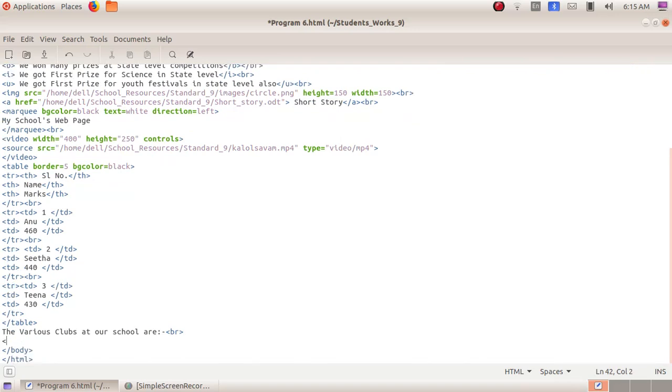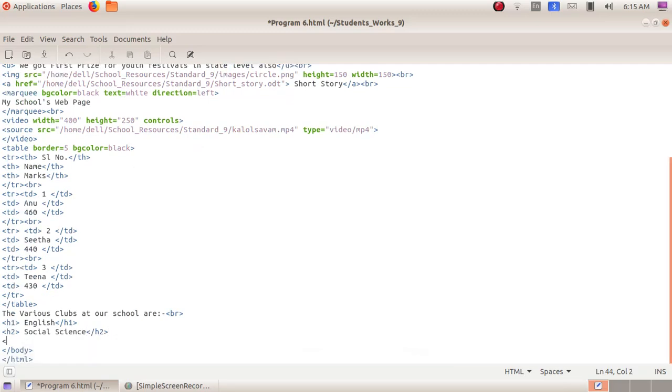So here I am giving H1 English, then slash H1 closing bracket, then enter H2, then here I am giving social science, then slash H2 closing bracket and enter, then H3